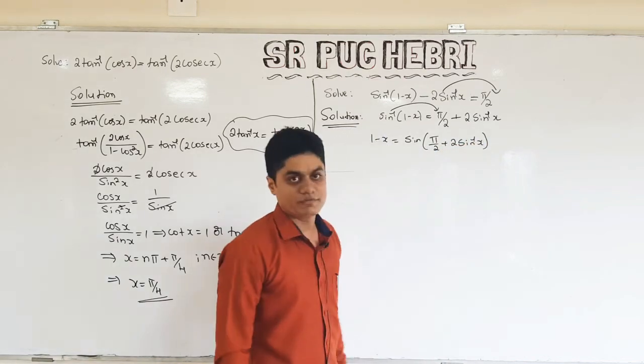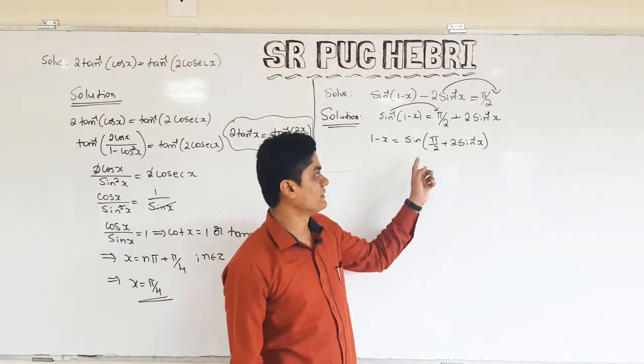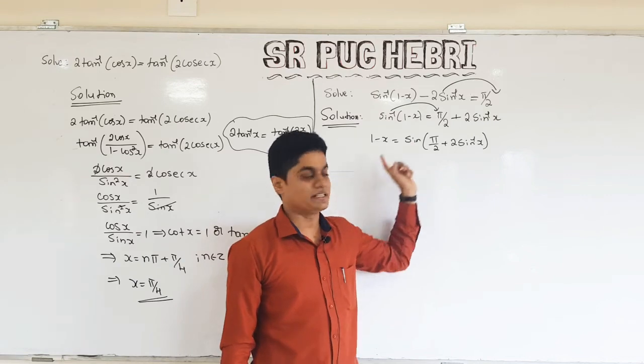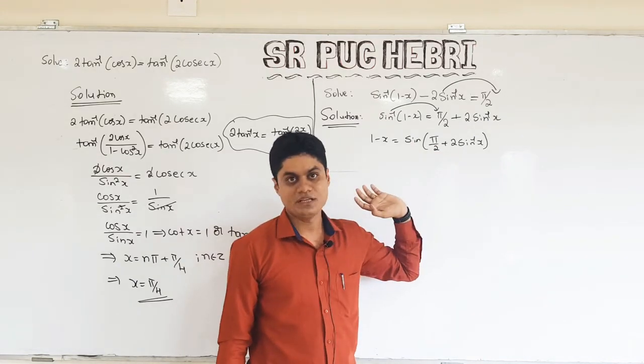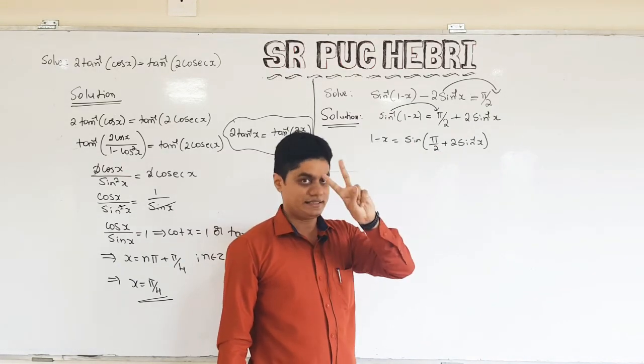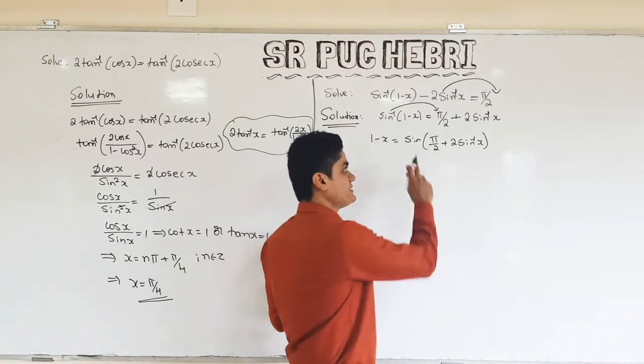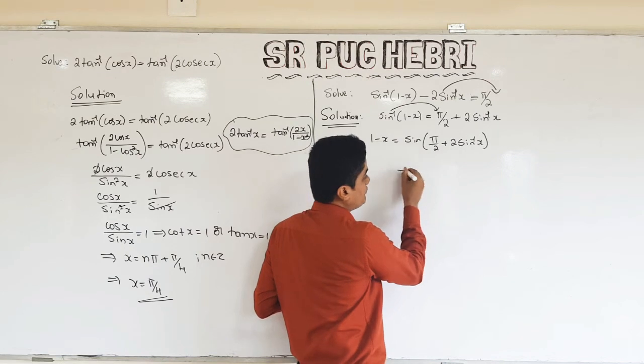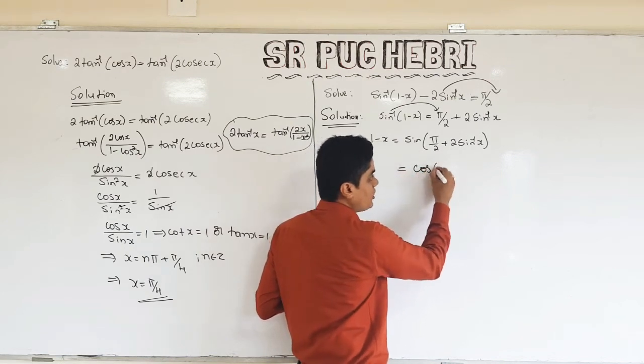Now can you tell me what we should do? Yeah, you're thinking in the right direction. You are going to use the Allied angle concept, that is sine of 90 plus theta. Where is 90 plus theta? Yeah, second quadrant. In the second quadrant sine is positive. As well as you know the 90 degree will convert sine into cos.